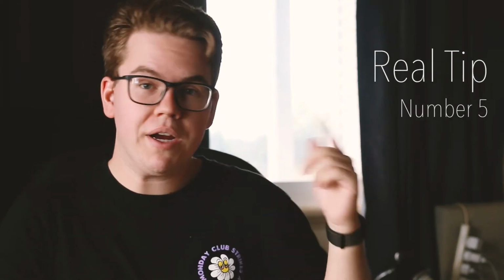Tip number 5. Branching off tip number 4, here's what I like to bring on set. I want to be bringing a box cutter. I want to be bringing at least three different types of tape. I usually take painter's tape, gaffer tape, and regular duct tape. I want to be bringing pens, pencils, scissors, anything that I can think of, a water-soluble marker that is going